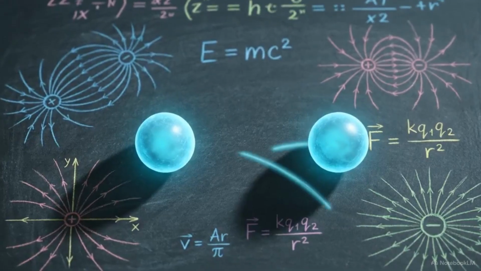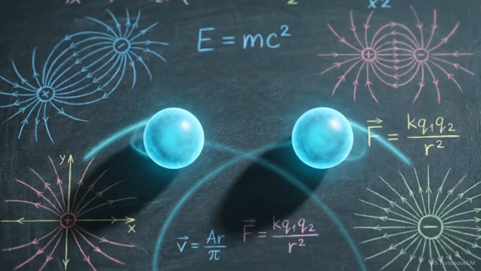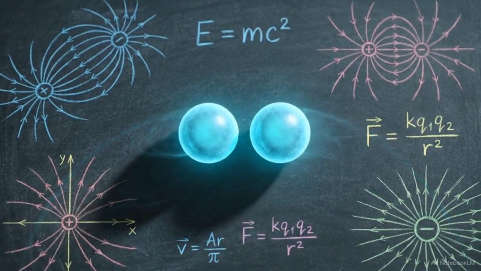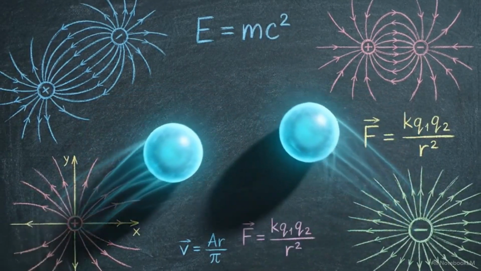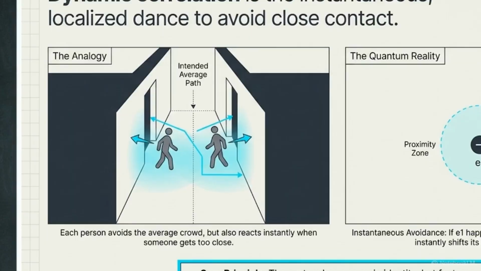Dynamic correlation is the instantaneous, localized dance where electrons actively avoid close contact within a single, stable, overarching state. Consider the physical analogy in this visual. Two people walking down a hallway intend to follow an average path, shown by the straight dotted line. However, they make sharp vector shifts, highlighted in blue, to avoid close contact the moment someone steps directly into their